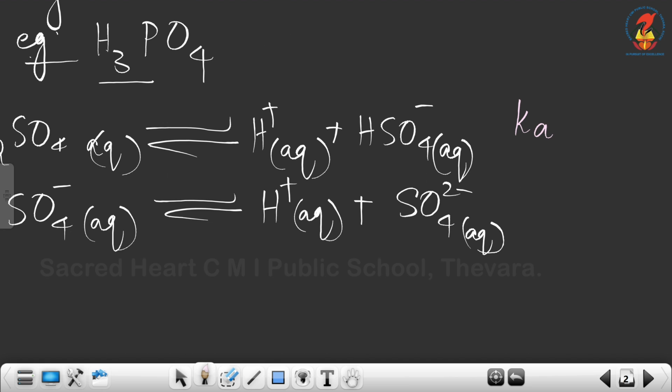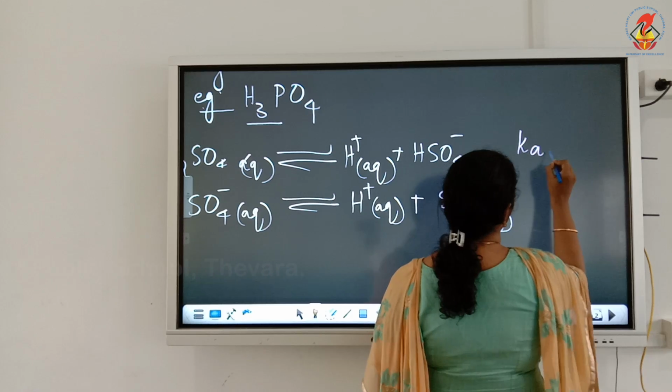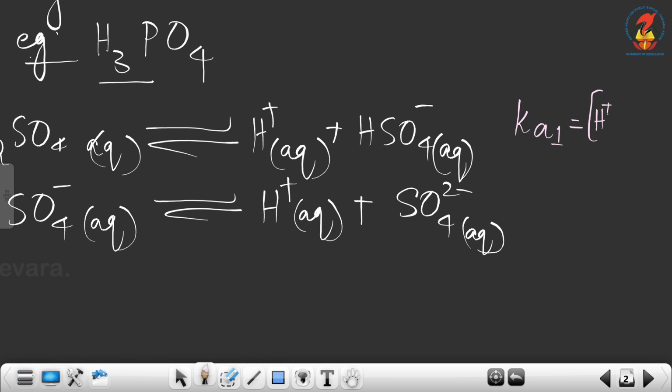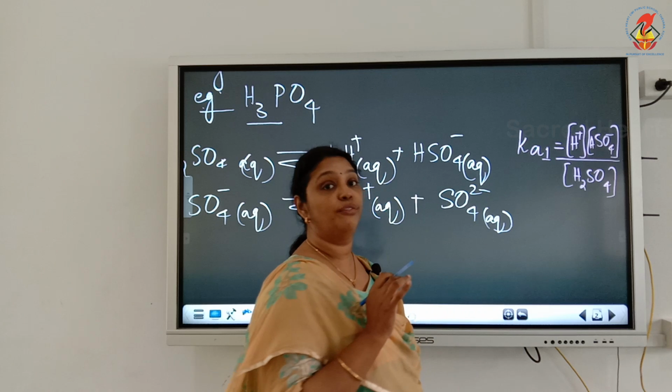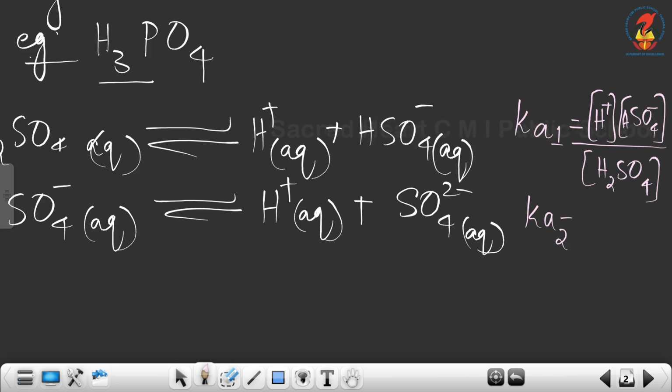I am going to write the expression for the dissociation constant Ka. Since this is the first step, I am going to write Ka1. So what will be the expression for Ka1? Ka1 will be the concentration of H plus times the concentration of HSO4 minus divided by the concentration of H2SO4. For the second step, I can write Ka2. The expression is the concentration of H plus times the concentration of SO4 2 minus divided by the concentration